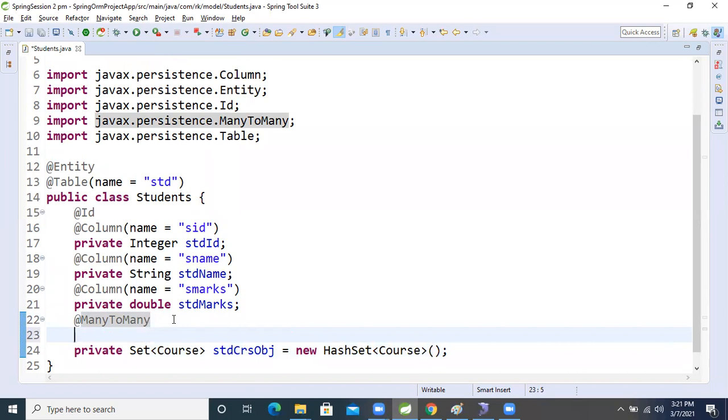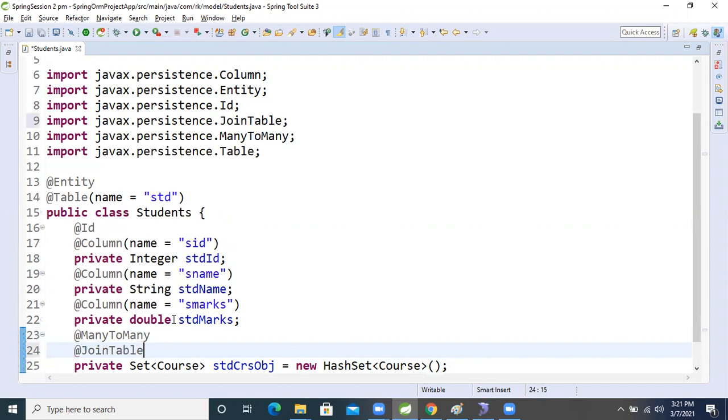But I want to generate the third table with foreign keys. For that, which annotation will we apply? @JoinTable. Inside that, using the name attribute, we give the name of the third table.